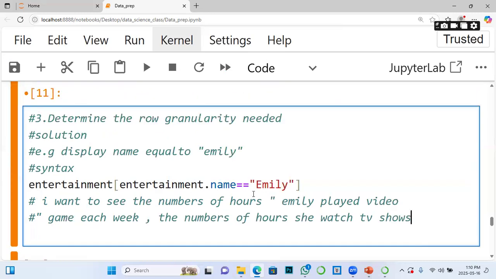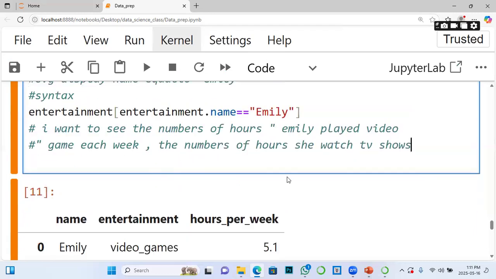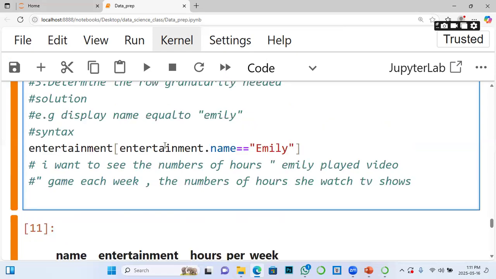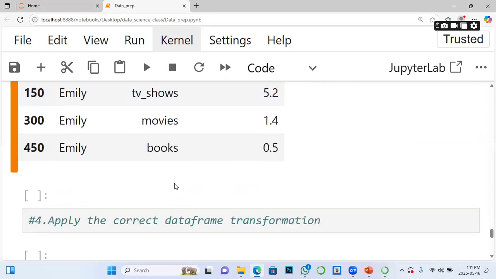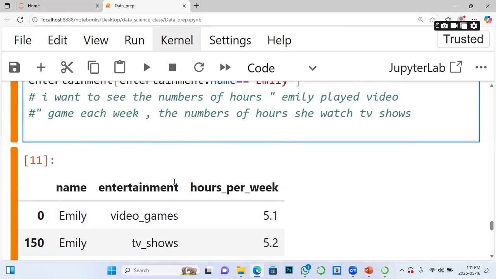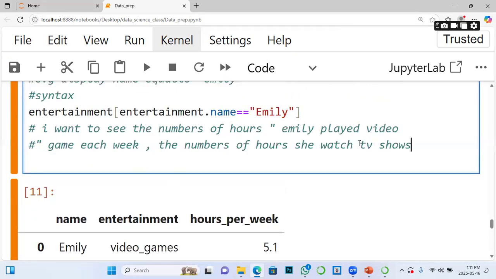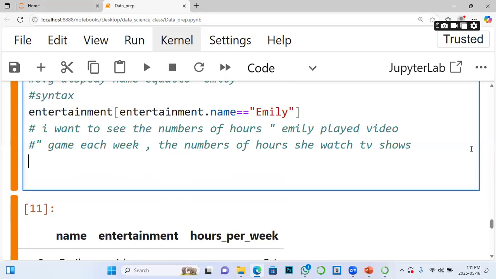So what we did here is just to call out the total number of times she appears in the whole data set. So how do we now achieve our aim? Our motive is not just to display how many Emily records are in the data frame. Our motive is we want to know how many hours Emily played video games each week and the number of hours she watched TV shows. So to solve that, the syntax will be,